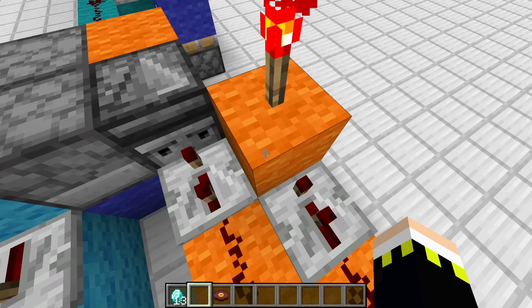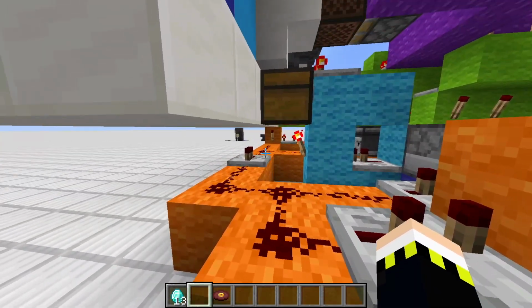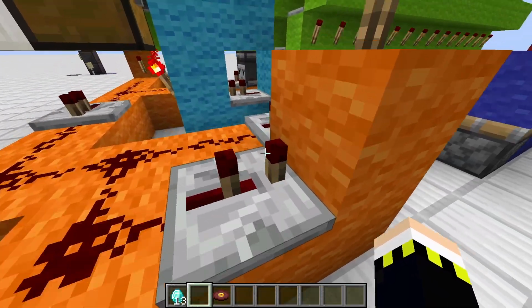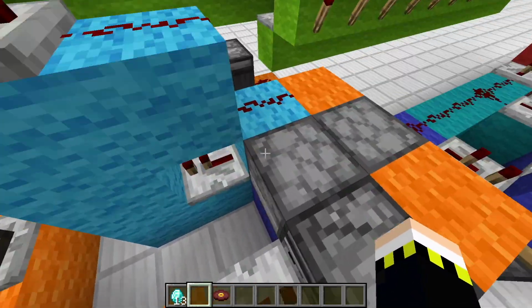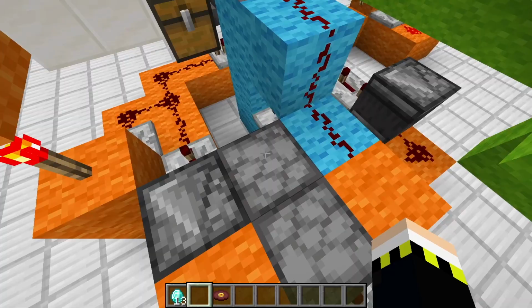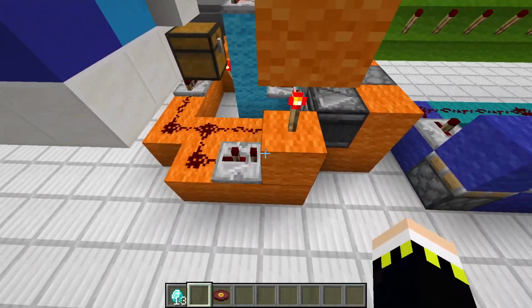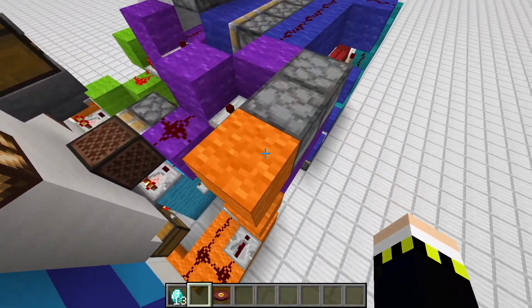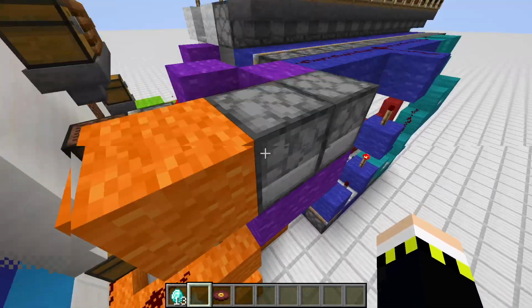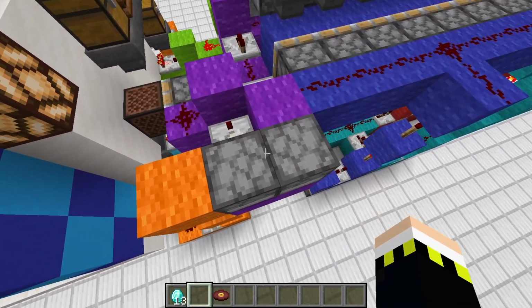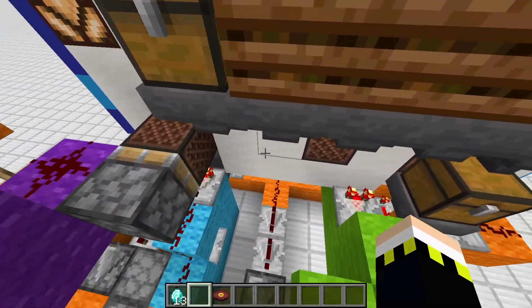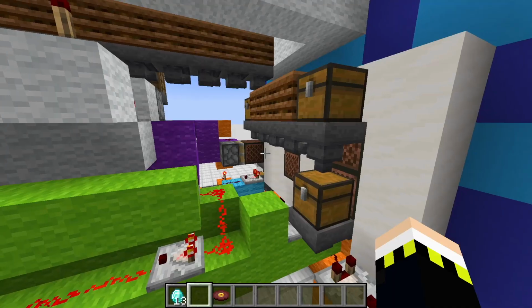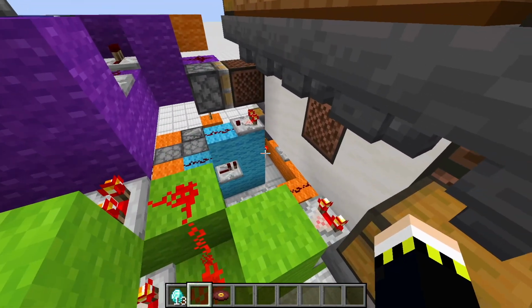And we also reset that with the reset circuit, so we power this observer here twice, that observer here twice, so we will reset those 3 axes for sure. But we also depower those torch towers, therefore powering this torch here and moving the item back from the T flip-flop into its original dropper. And by doing so, we reset the whole contraption, and this piston will then pull its block back